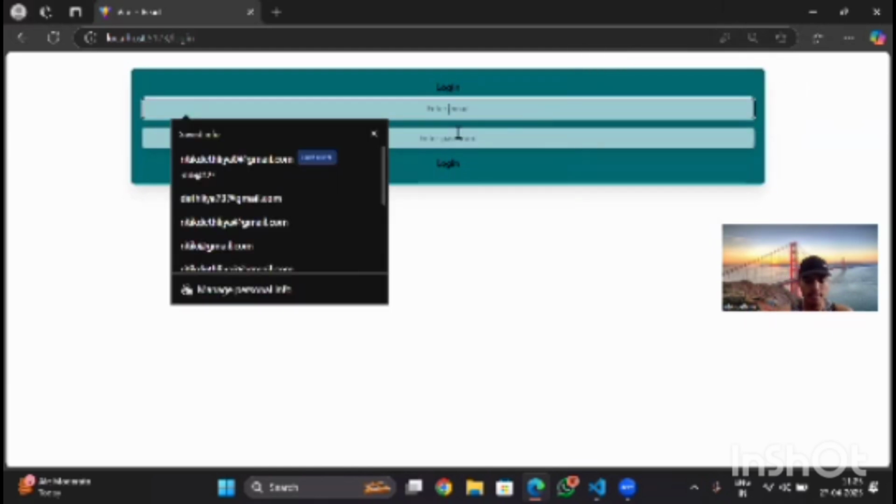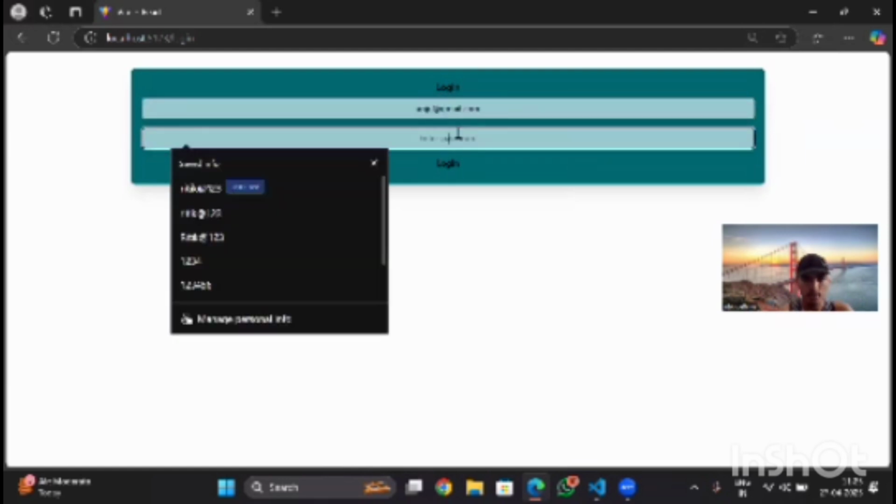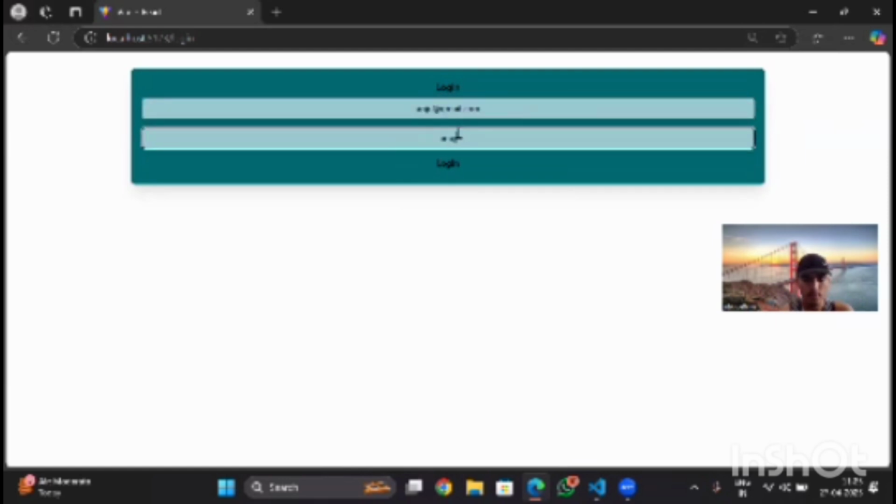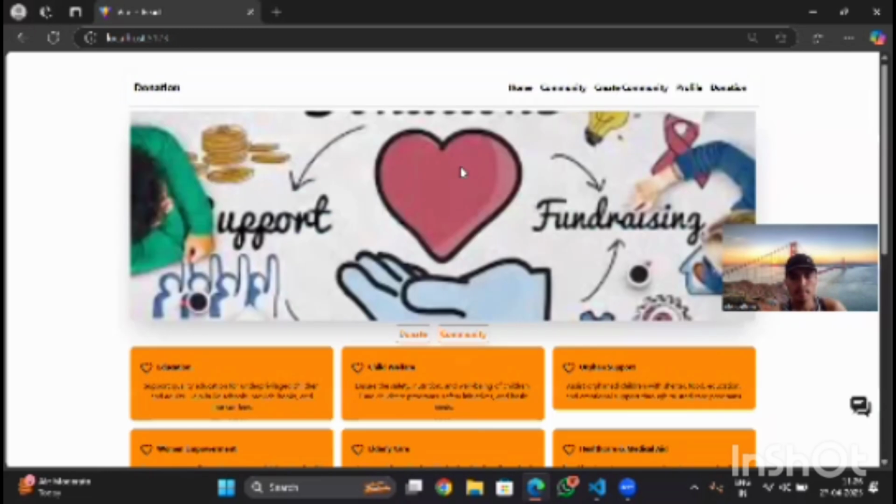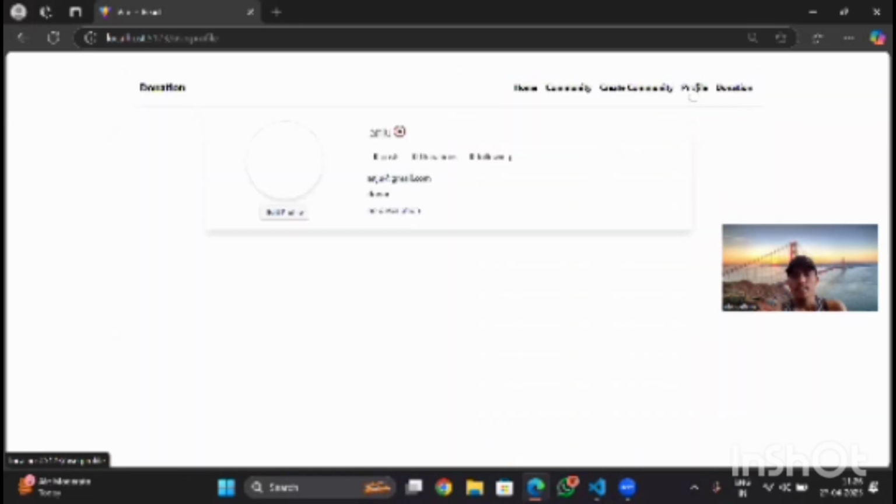So let's log in with Anuj, anuj@gmail.com, and with Anuj@123. So we log in to the page, and here we have a profile button which shows the profile